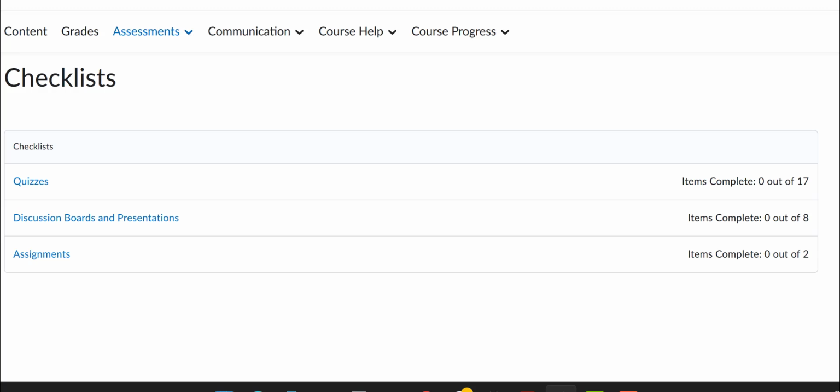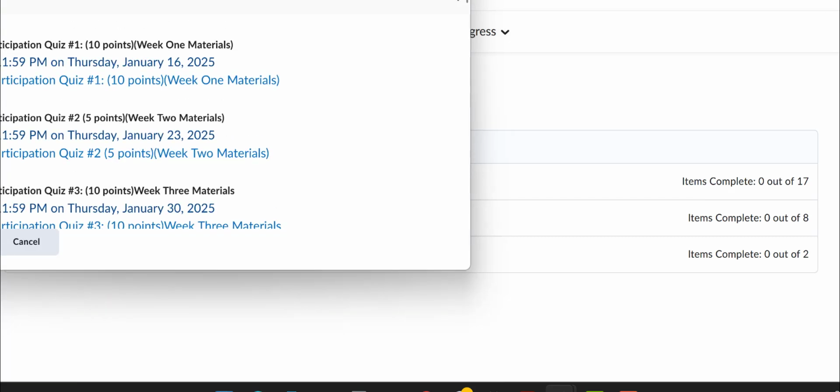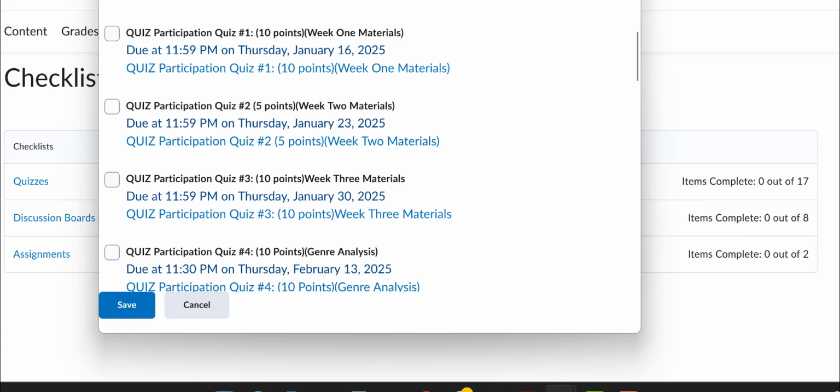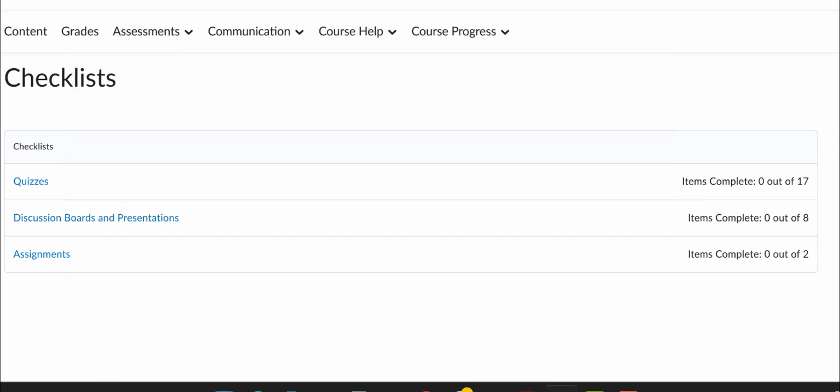Again, if you look under assessments, there are 3 categories: assignments, discussions, and quizzes. Every single assignment that you do has to go into one of these 3 categories. I'm sorry, self-assessments go in quizzes, and so does the exam, and then discussions also include presentations, and then assignments have the modules, the draft review, and the papers and the revisions. So these will all be listed separately under checklists. So right now you can see the quizzes. You can see all the quizzes, and when they will open and close, that would be in the course calendar